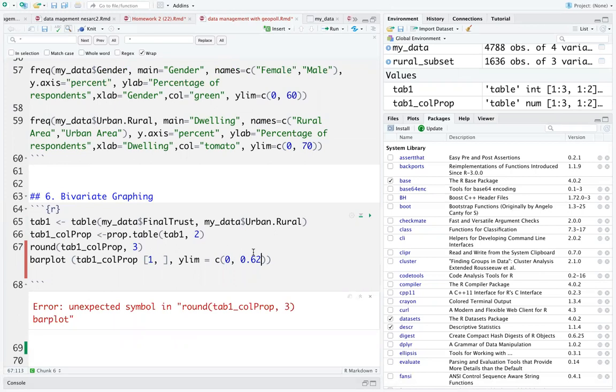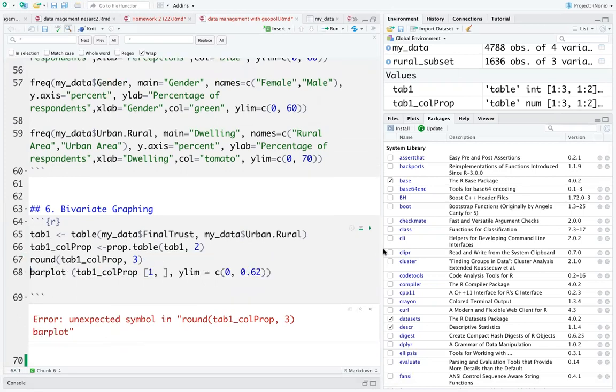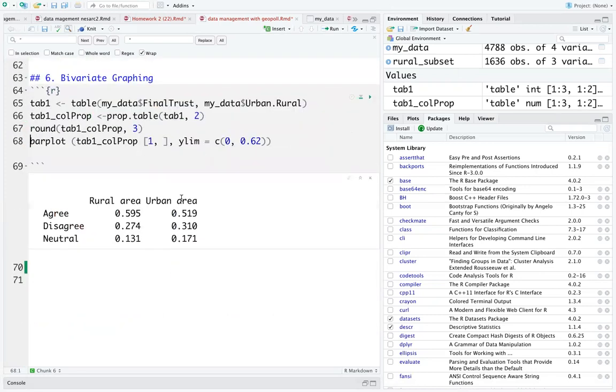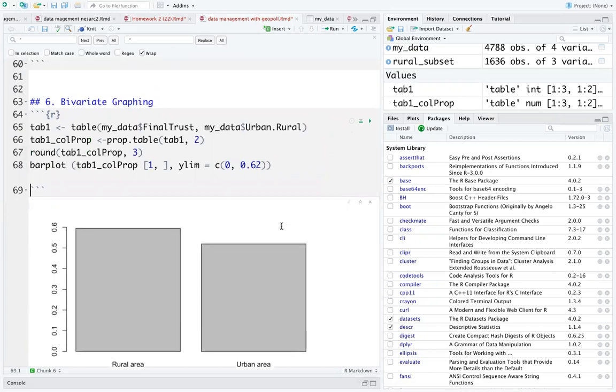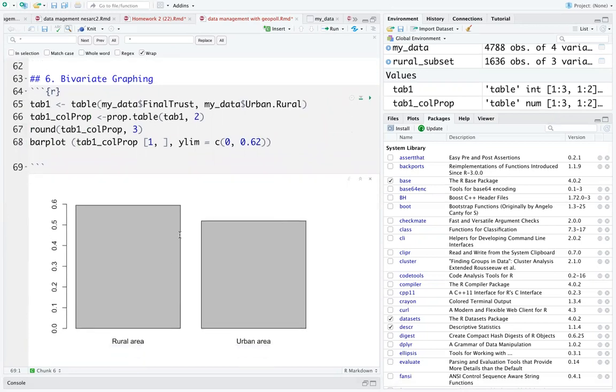Okay, I have an error somewhere. Unexpected symbol in round tab 1 call for key backlet. Okay, so I think that it's a spacing issue. I was trying to remove the spaces, but I don't know why. Okay, let me run them separately. This one works, then this is the bar plot, right? So as you can see, let me increase the y length to 0.7,